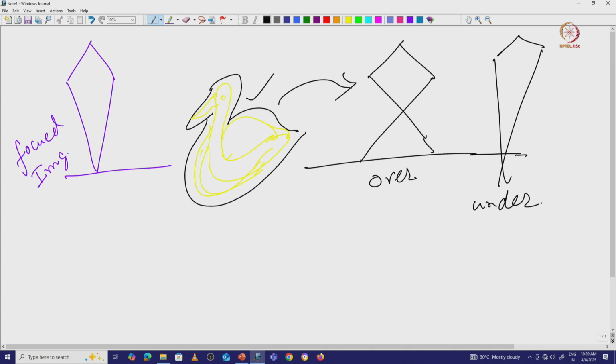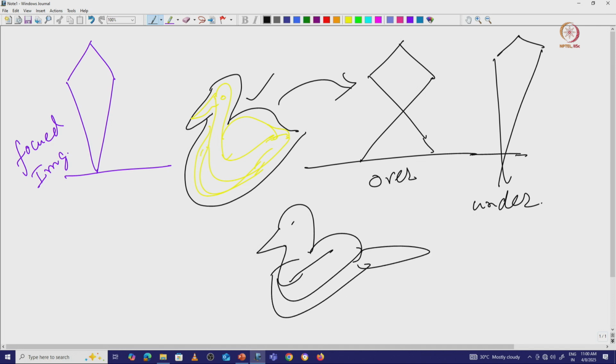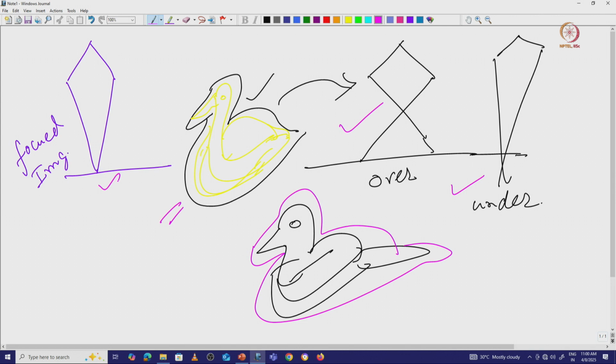And when there is an under focus, if I have a dark, black sample, consider that this is my duck, it is the tail, and there is an outer line, something white, that you can find outside the sample. That will help us to see the sample and separate it from the background, and it will be easy to see when it is separated from the background. That is the reason most of the time we prefer over focused or under focused images, not the focused images. In focused images, it is very difficult to see the sample.